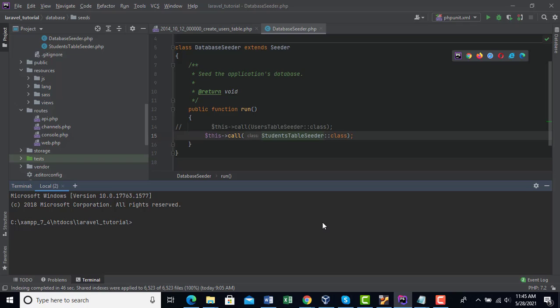For that I write composer require laravel/ui, and then this code: composer require laravel/ui 1.0 dev.